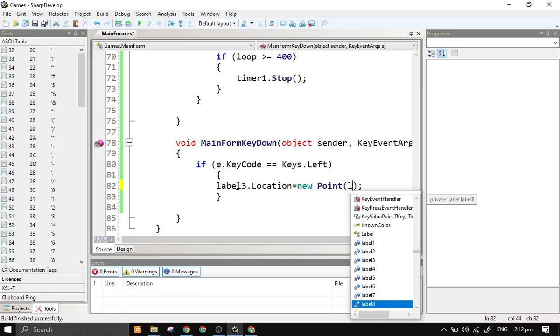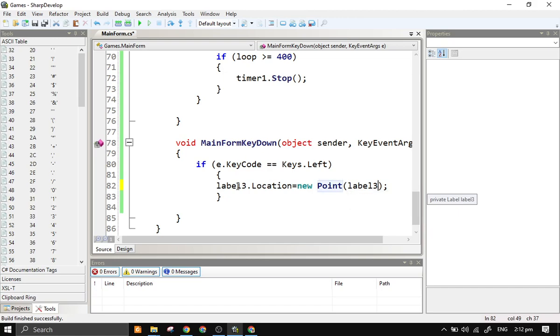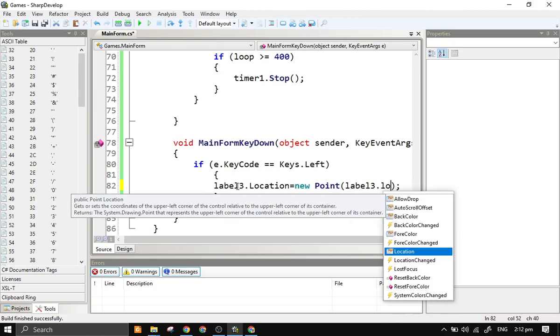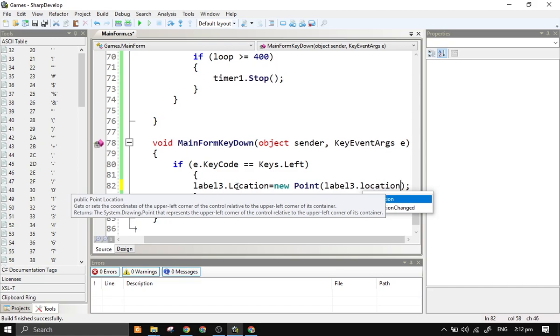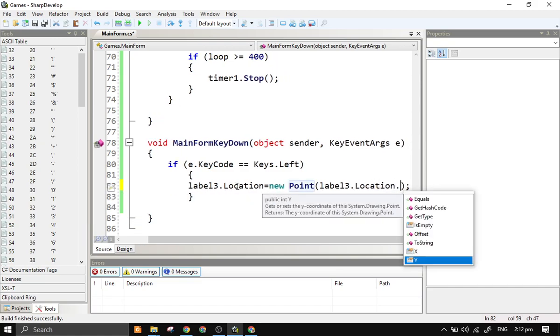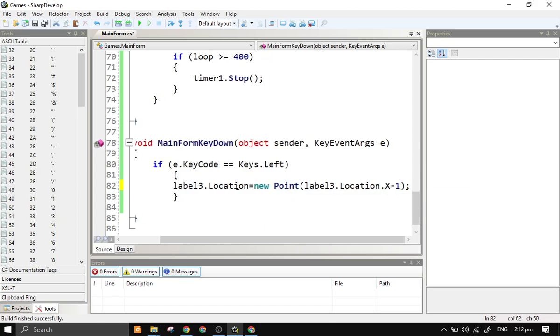So label syempre kunin mo muna, we have to get the label 3 dot location dot x axis minus 1, then